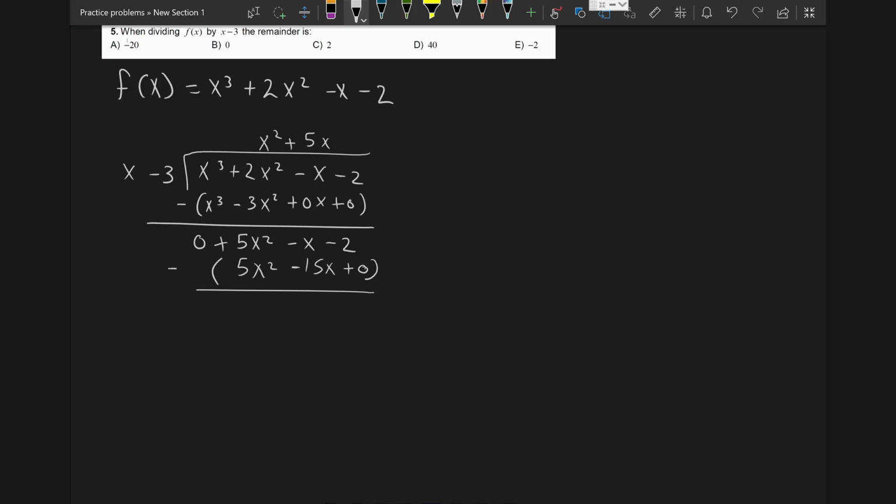That's going to be 0x squared. Negative x minus negative 15x is going to be 14x, so plus 14x minus 2. 14x divided by x is 14, so plus 14